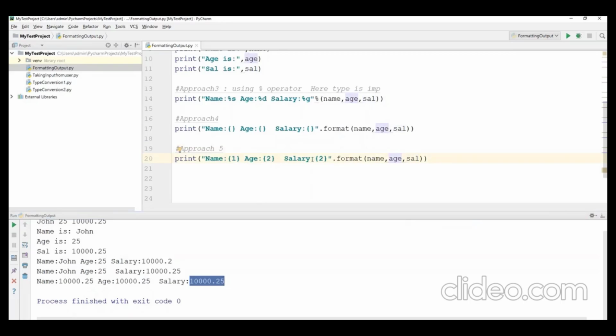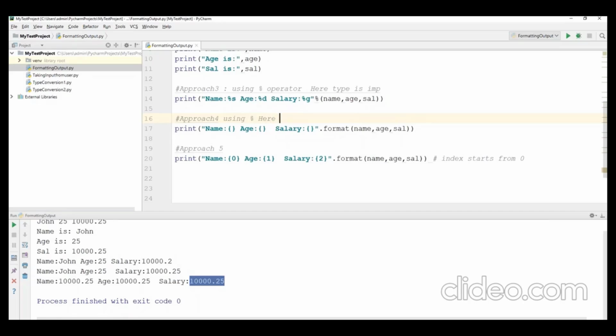Let's say 1, 2. So starting index 0, so 0, 1, and 2. So here index will start from 0. Okay, so in the above approach, using percentage, the value is important.